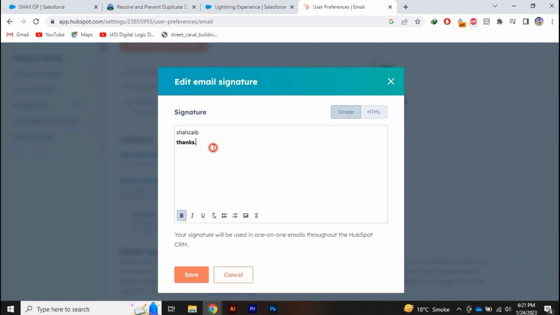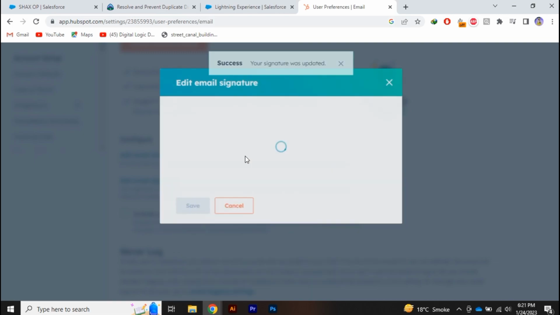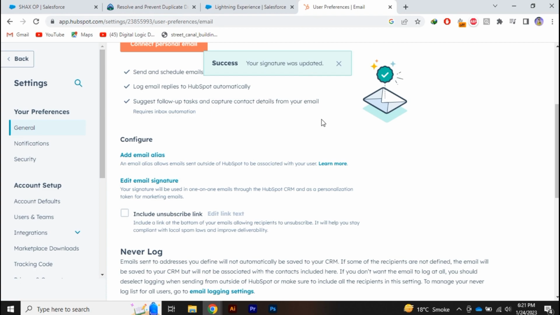Like if you want to make it bold, you can do it like this, and if you want to make it italic, you can do that too. Now click on Save and the signature will be added. So from now on, if you send an email from your HubSpot, that signature will be displayed at the bottom of the email. So this is basically how you can customize the email signature on